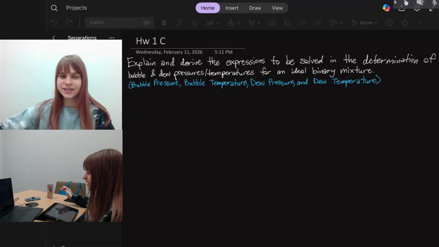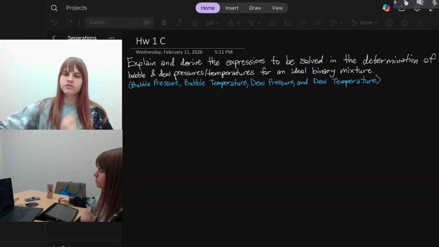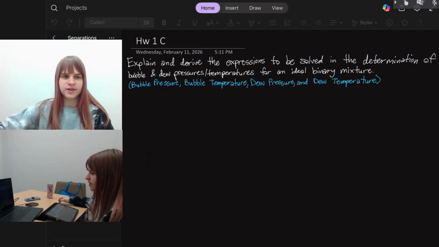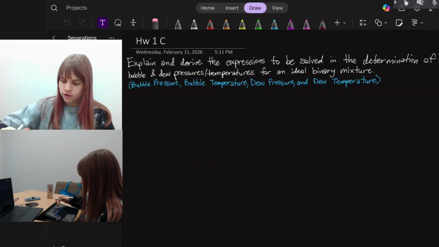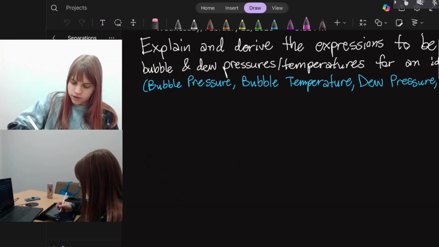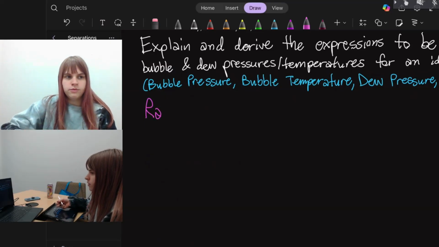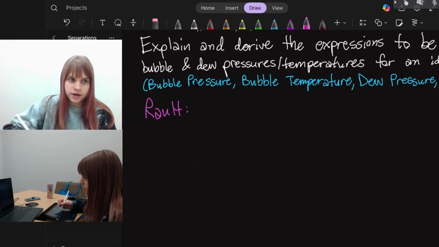Okay, I already explained this at the start, but we're going to derive those expressions for the bubble and dew pressures and temperatures for an ideal binary mixture, and we'll get started on that. So the first thing I would like to write down is Raoult's law, which I believe we've already talked about before, but if not,